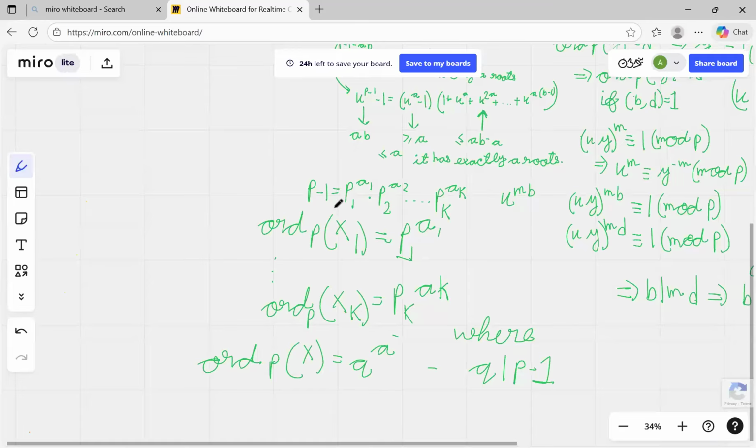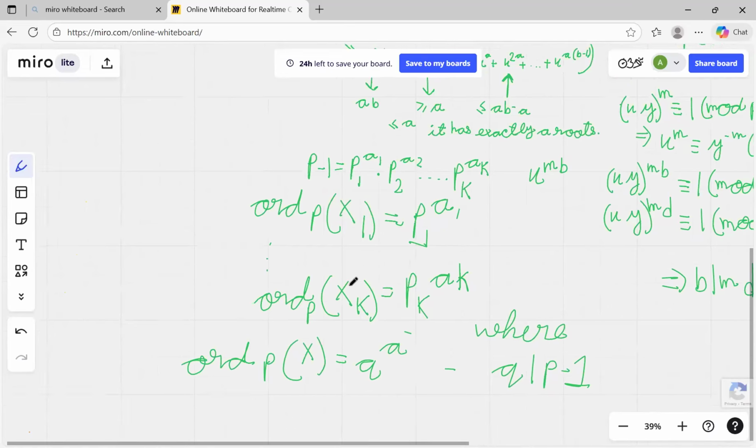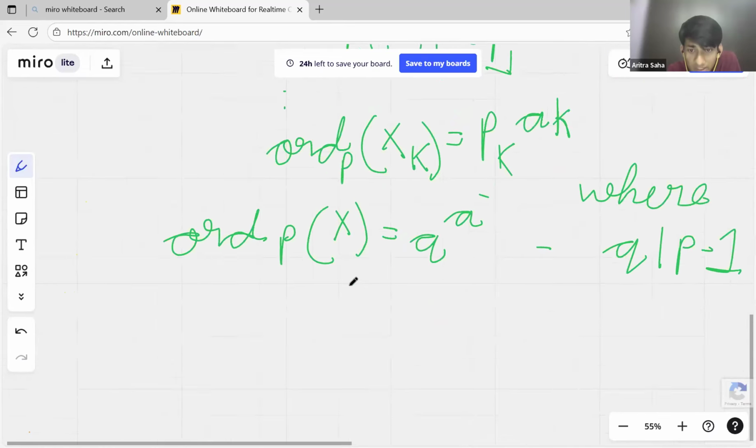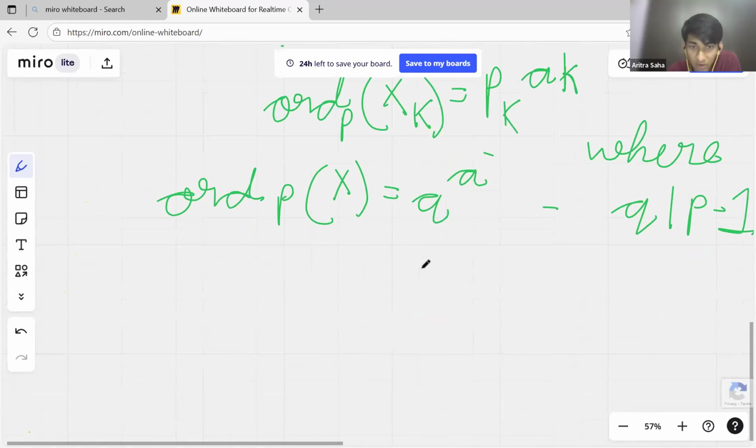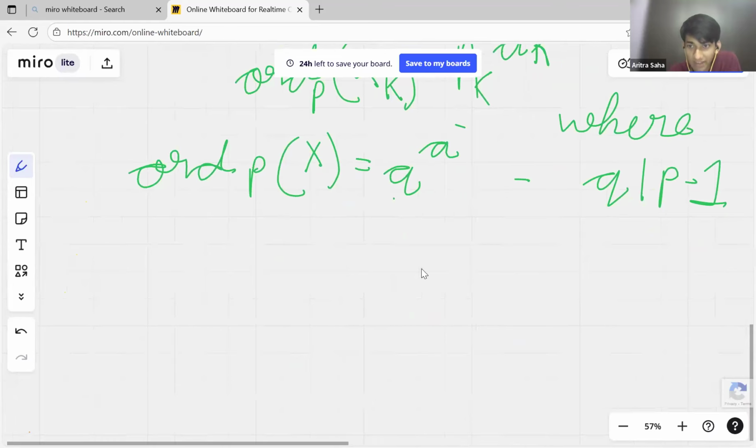Yeah, sure. We can assume that for a p_i we want to prove that there is an element of order p_i to the a_i. You can work with q and a, that will be easier, because if we do it for one, we can do it for everything else. So we just have to prove that if q divides p minus 1,